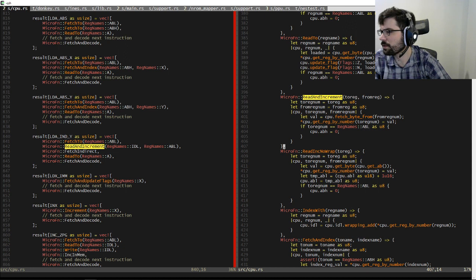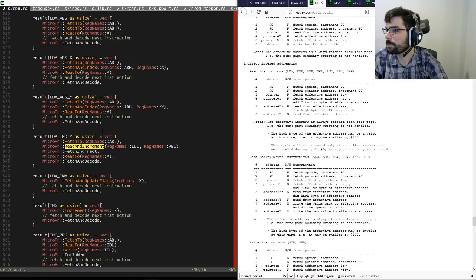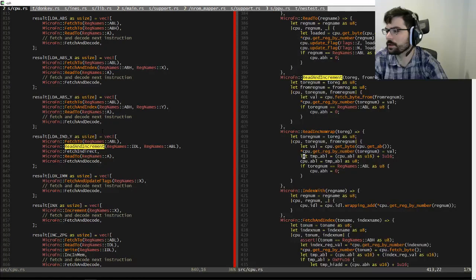What are you supposed to be incrementing, buddy? Effective address is always fetched from the zero page. Okay.